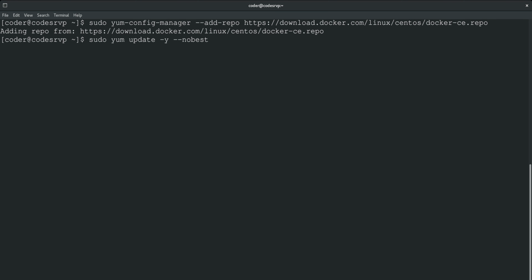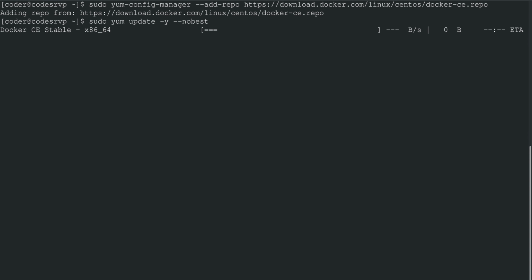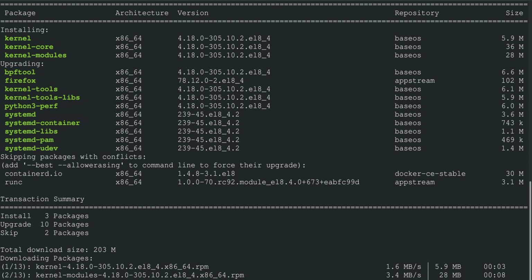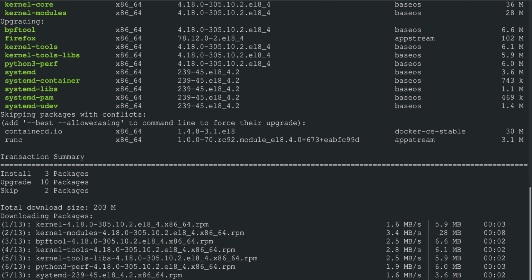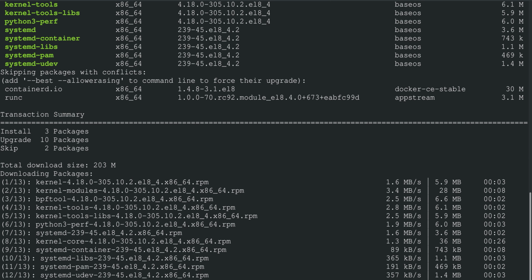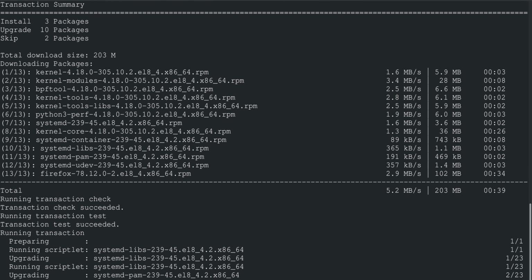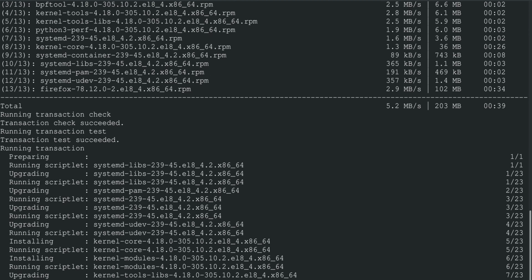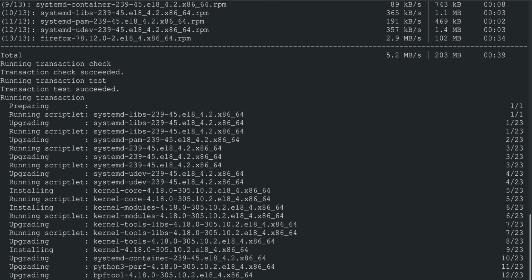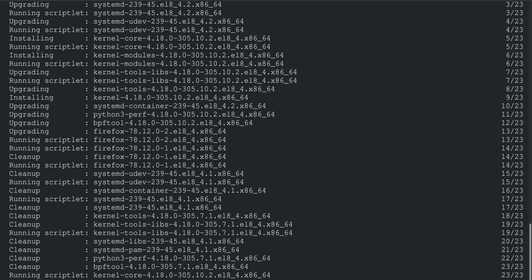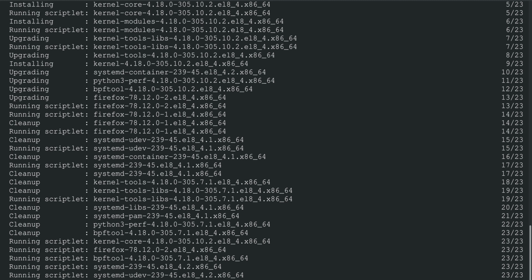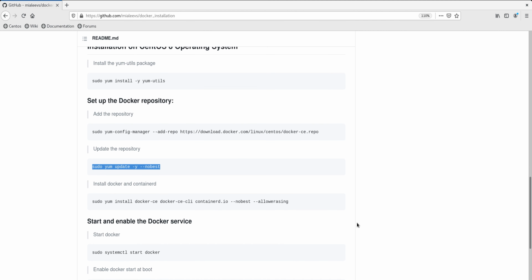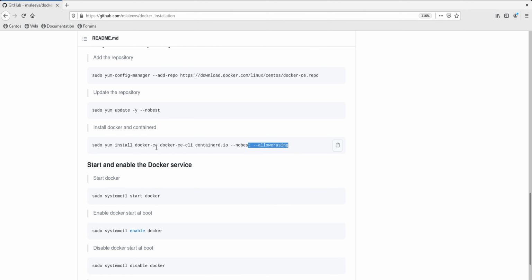And then update the repository once again. And the next step is to install the latest version of Docker.